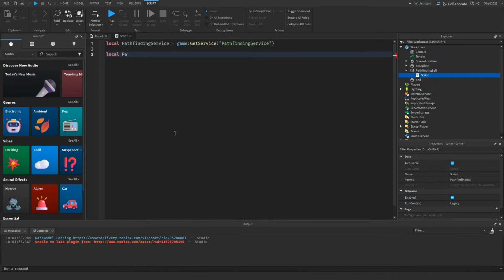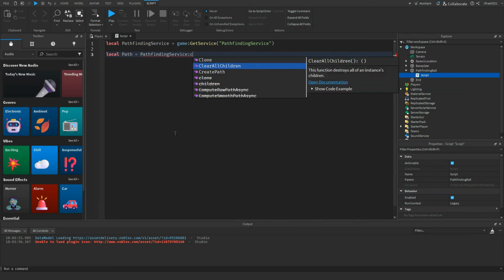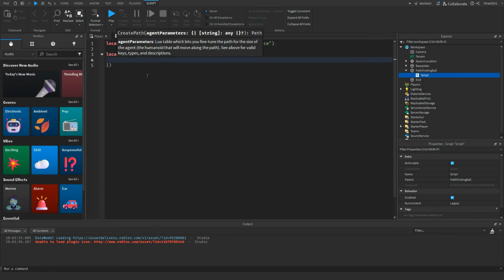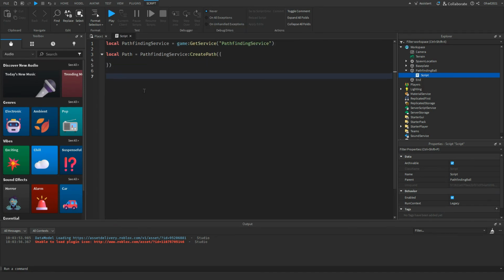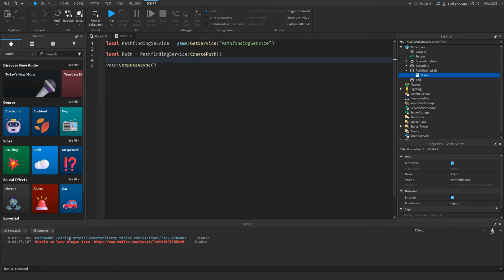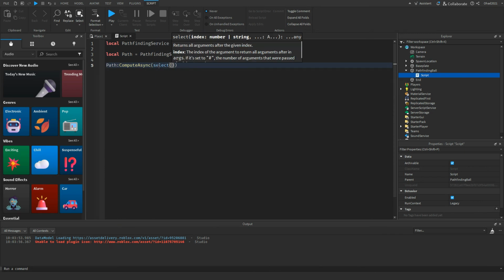So you can put a script in the pathfinding ball, and you can get the pathfinding service. You can make a variable for the path, so the path is going to equal the pathfinding service, create path, and you can have parameters inside, but I won't get into that right now. I'll show you the parameters later. And over here, I just want to compute the path. So you're making a variable, then you're computing the path, and you want the start vector, so it's going to be the